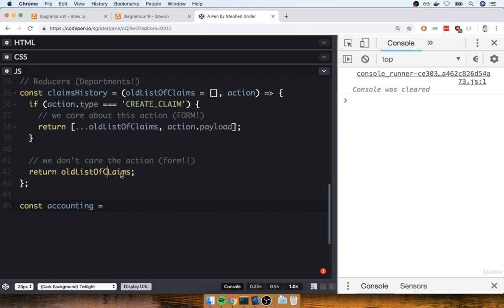Oh, and you know what? I just realized I got a little typo right there. It should be old list of claims with a lowercase l. That's better. Okay, so now for the accounting reducer, we're again going to make a function that's going to be